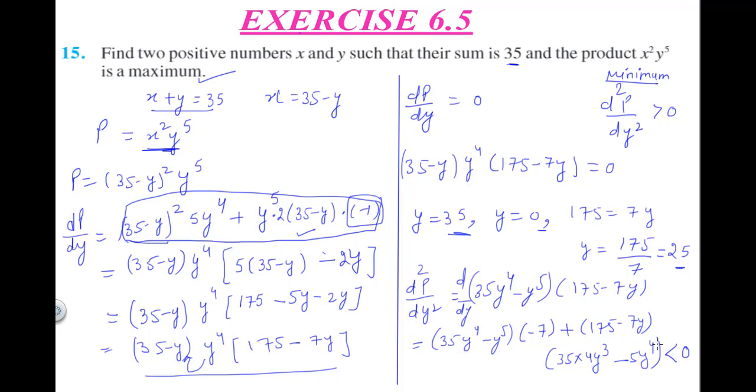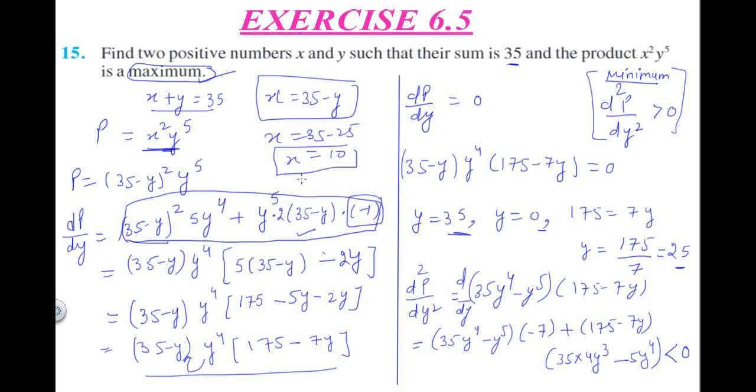But it will come as less than 0. Hence, we will prove that the product is maximum, right? This was the condition for minimum. For maximum, we should have less than 0, and it will be coming as less than 0 at y equals 25. So if y is equal to 25, from here x will be equal to 35 minus 25, which is